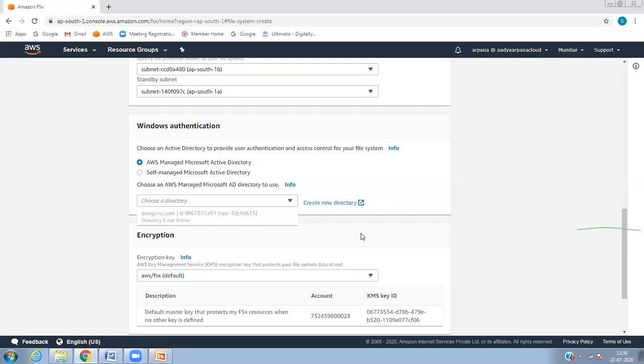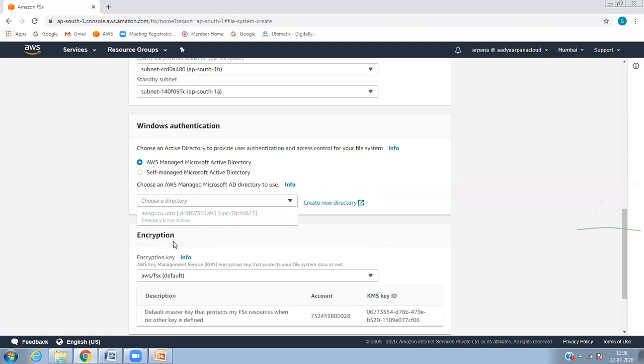First of all, we need to create the directories. In order to create FSX, you need to have a directory. Directory is nothing but your domain. It will take 25 minutes when you launch the directory service. When you create a domain, it takes 25 minutes.